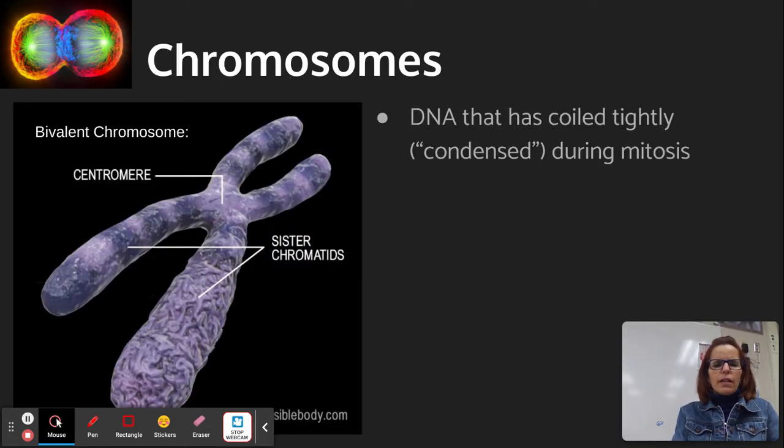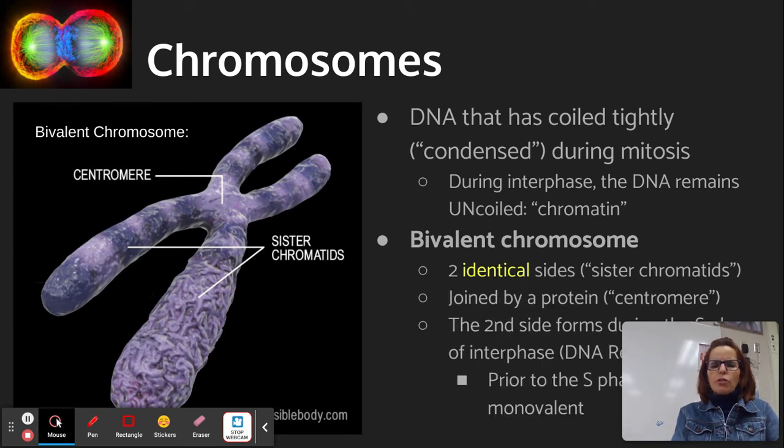So we said this one already. Chromosomes, just reminding you about chromosomes. We have a whole review that we'll do on DNA. But that's a chromosome, and it's got 2 sides. The left side is identical to the right side, and those are called sister chromatids. This chromosome has already been copied during the S phase. That's why it has 2 sides. That's why it's called bivalent. It's going to get ripped apart, and the left side is going to go into one cell, and the right side is going to go into the other cell, so that those 2 cells have identical DNA.